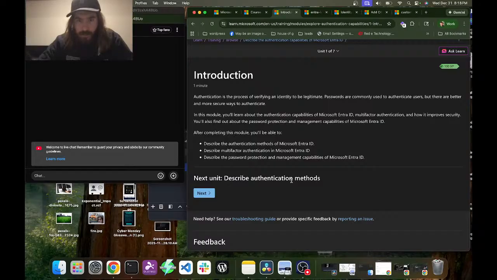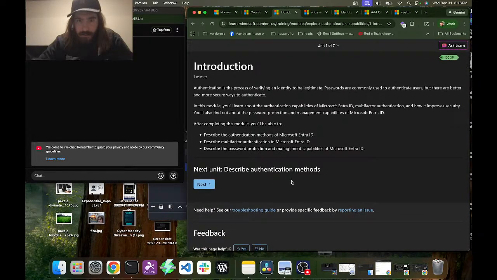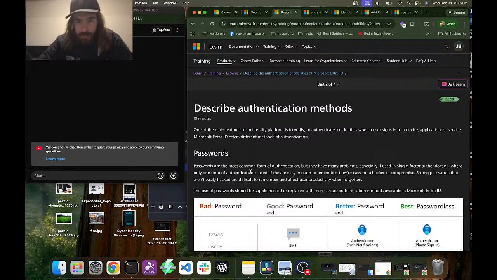You'll also find out about the password protection and management capabilities of Microsoft Entra ID. After completing this module, you'll be able to describe the authentication methods in Microsoft Entra ID, describe the multi-factor authentication in Microsoft Entra ID, and describe the password protection and management capabilities of Microsoft Entra ID. So we're going to describe the authentication methods.